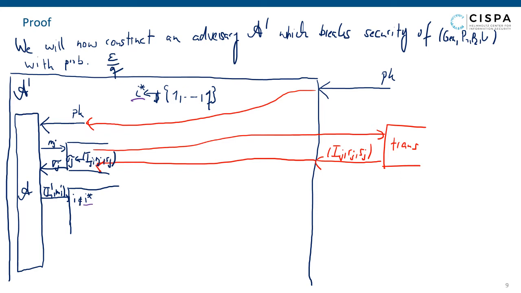Let's start with the non-equals case. If I is not equal to I asked, we just simulate the random oracle by choosing H prime I uniformly at random from 1 to the security parameter. On the other hand, if I equals I asked,